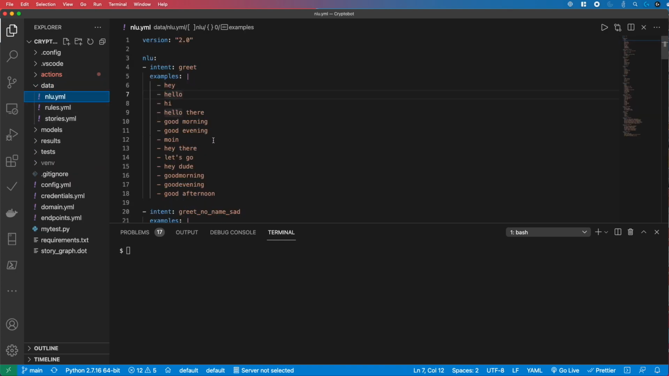For NLU, this file is what you're going to predict that a person will say throughout the chat. So if they say things like, hey there, that is basically the intent of the user to greet the bot, right? And these are the kind of things that they can say. And now a lot of this is already pre-trained